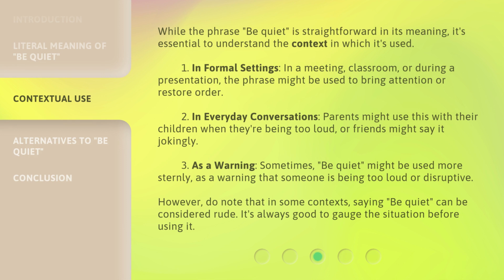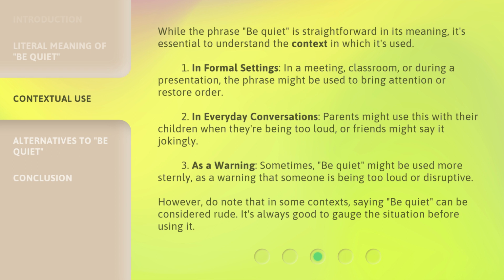While the phrase "be quiet" is straightforward in its meaning, it's essential to understand the context in which it's used. 1. In formal settings. In a meeting, classroom, or during a presentation, the phrase might be used to bring attention or restore order. 2. In everyday conversations.